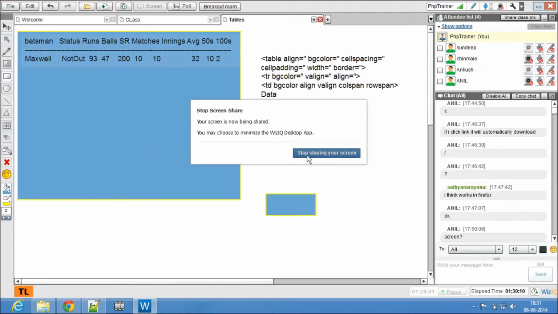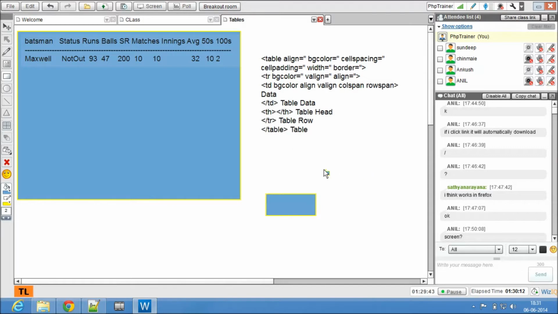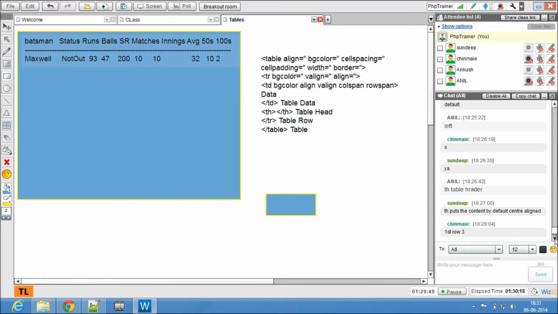For instance, I stopped my screen share. I'm back here. Now, how many ways can I merge cells? For instance, let me take a graph here instead of this.